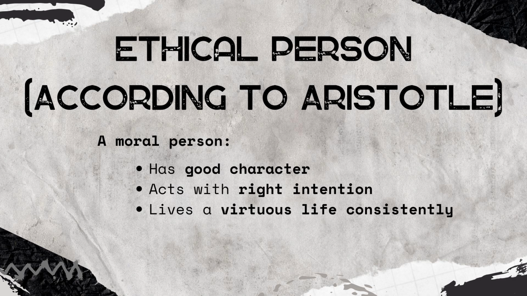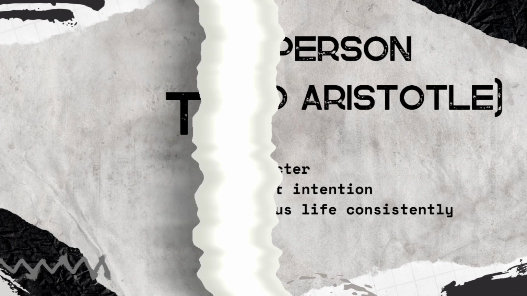So, a final example. Every day you make small choices. Every day we have choices: to be kind or rude, to be honest or dishonest. The more you choose what is right, the more you become a good and virtuous person. In short, your actions today shape the person you will become tomorrow. Being virtuous is a daily practice, and every small choice counts. That's all.